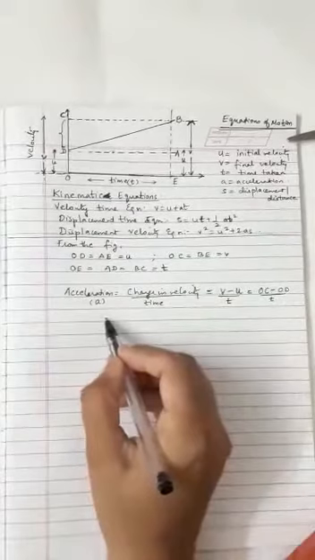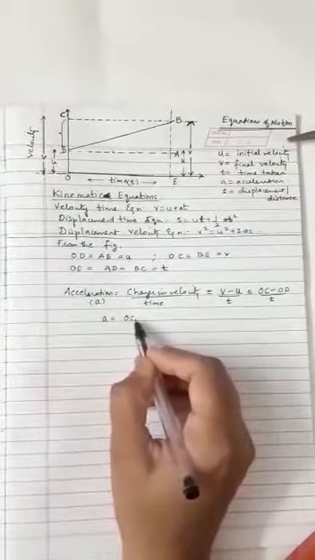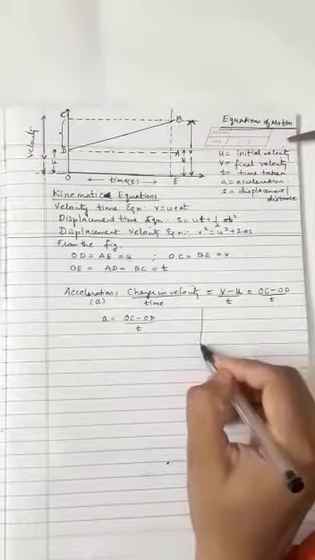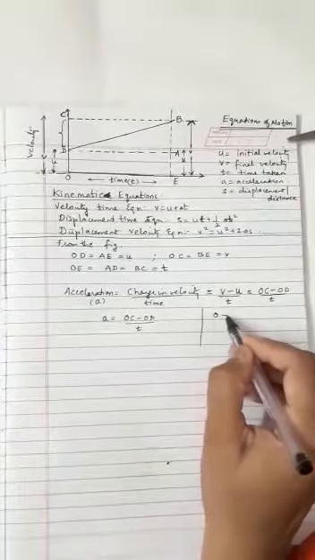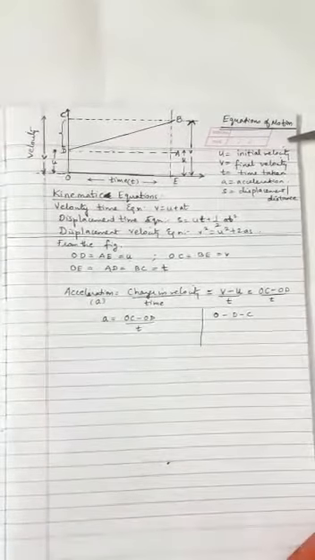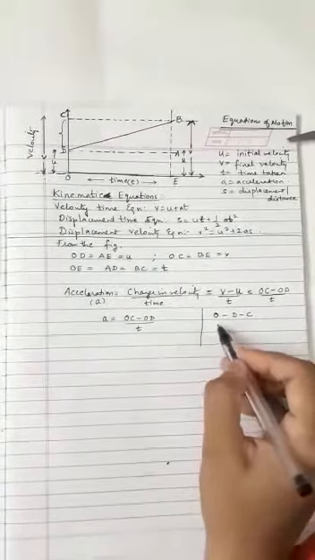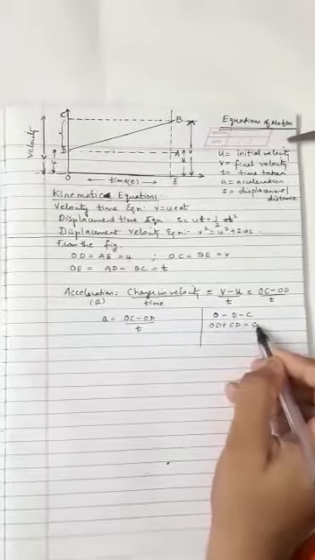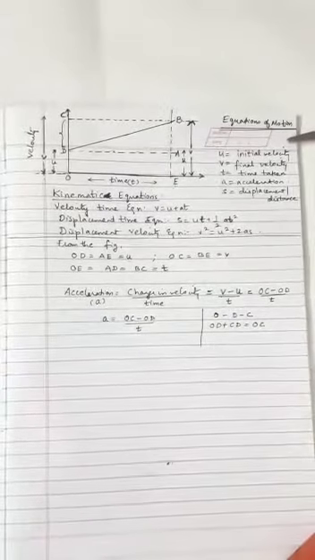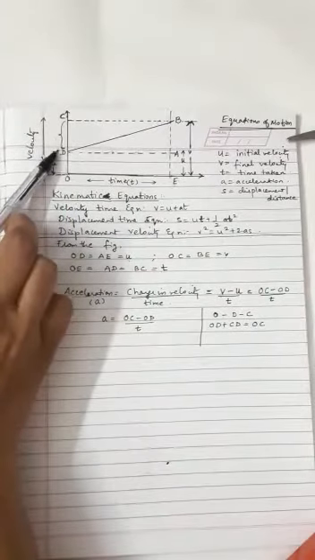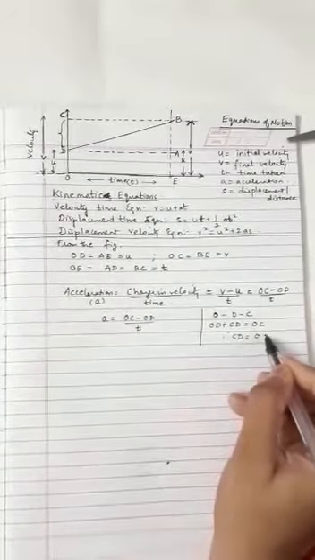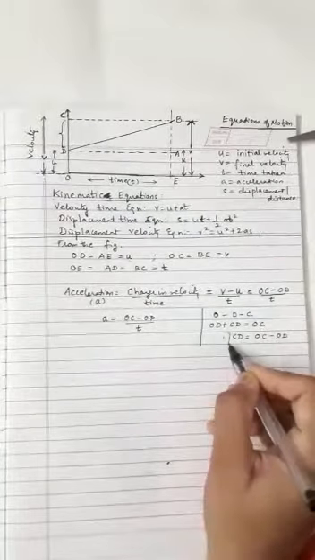Correct? So A is equal to OC minus OD upon T. Now children, you have already learned collinearity. Here you can see O, D and C. They lie in the same line. So OD plus CD is equal to total distance OC. My total distance OC is equal to OD plus DC. Therefore, CD is equal to OC minus OD.